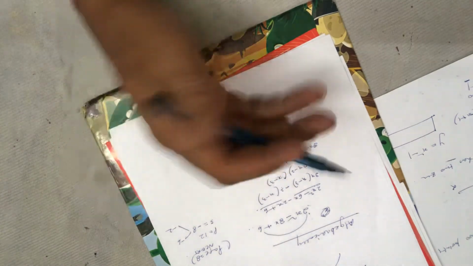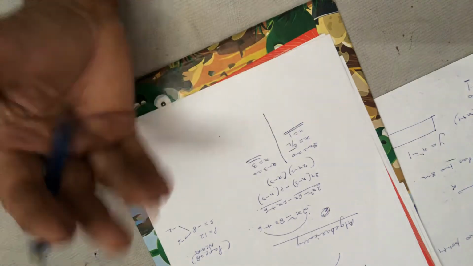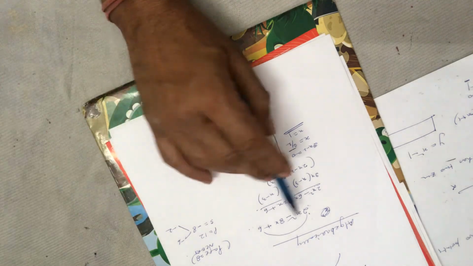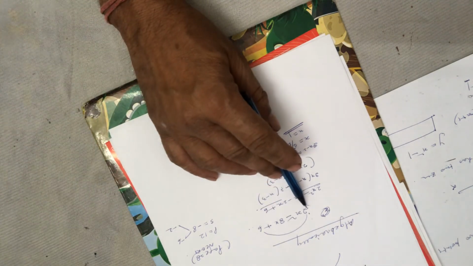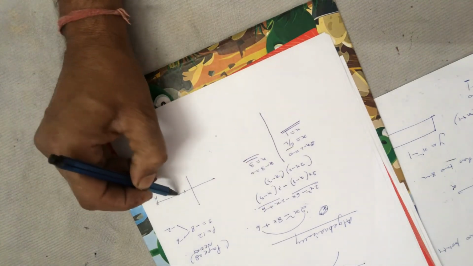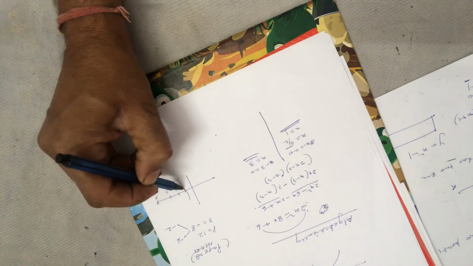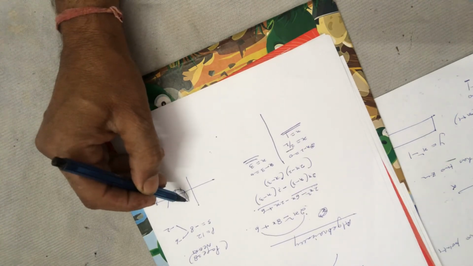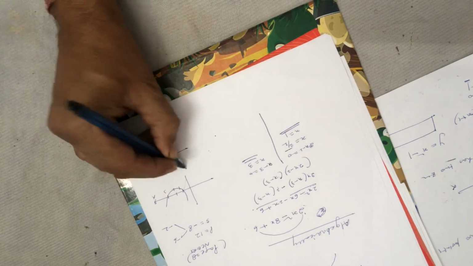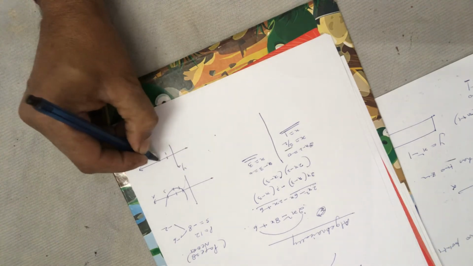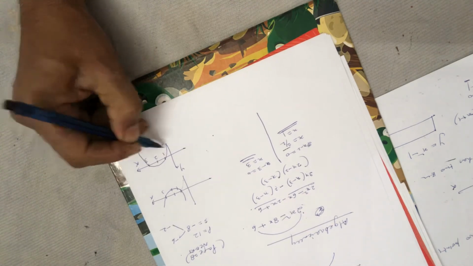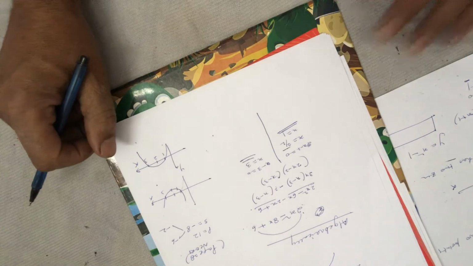If you plot the graph, again I am telling you, we don't have to plot the graph of the quadratic polynomial. It will not be asked in your examination, and it is not in our syllabus. The graph of this on the Cartesian plane will intersect the x-axis at 2 points, 1 and 3. It may go like this. The mouth may open upward, or the mouth may open downwards, because I am not actually plotting it. So it may go like this or that way. Any one can be the graph.